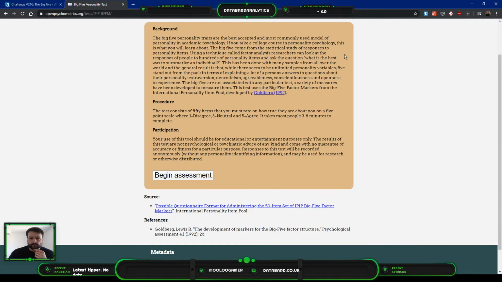You take a college course, personality psychology. This will tell you what you learn. Big five come from the statistical study of responses to personality items, using a technique called factor analysis. Researchers look at the responses of people to hundreds of personality questions and ask what is the best